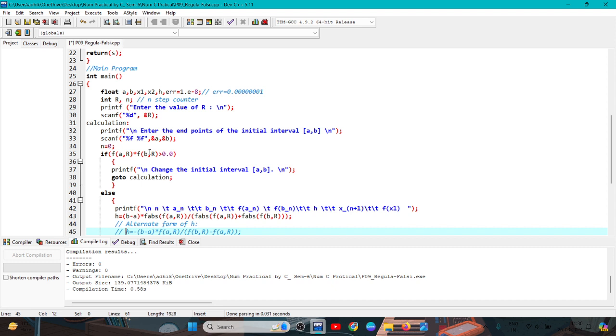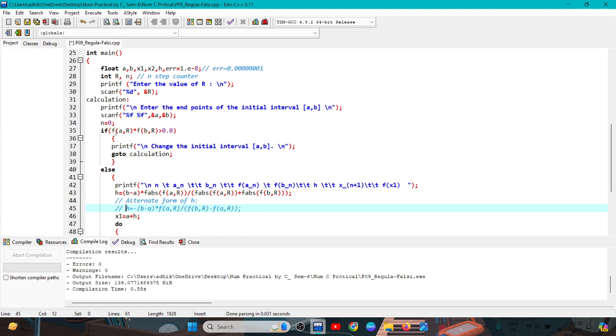Now if f(a) into f(b) is greater than 0, we change the initial interval [a, b] and come back to the step calculation, and again re-enter the endpoints of the initial interval [a, b]. Else, that means if f(a) into f(b) is less than 0,